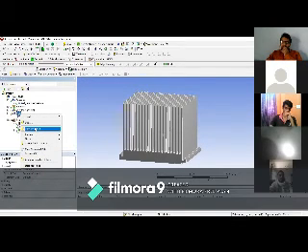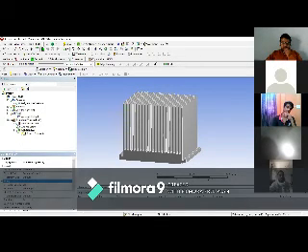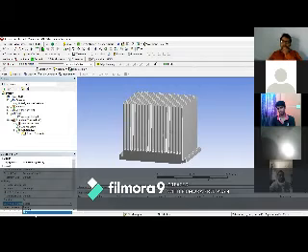Then generate the mesh. For sizing of meshing, take coarse meshing, because if you take coarse meshing, the mesh is generated very fast. If you take the mesh size medium or fine, simulation time for very fine meshing is much higher, but with coarse mesh simulation time is very low.